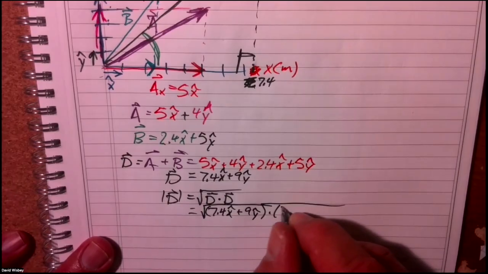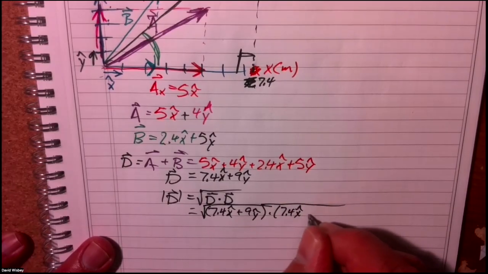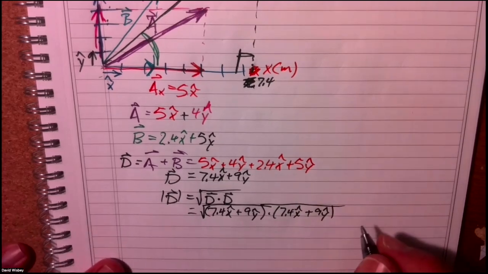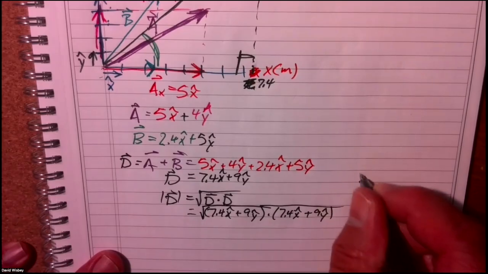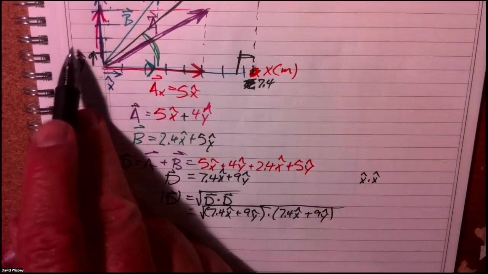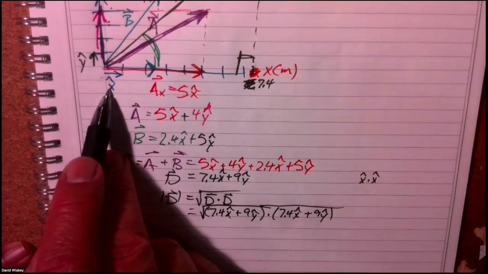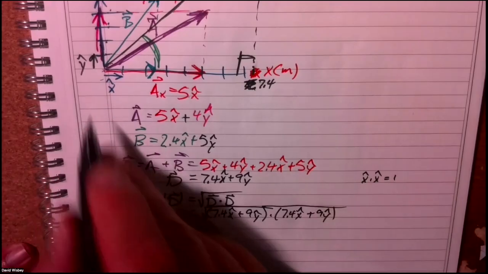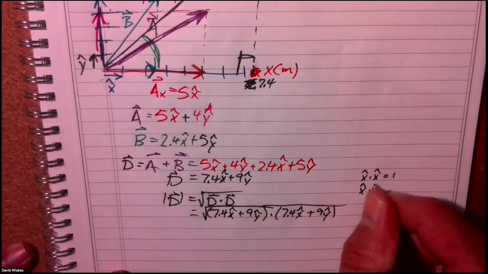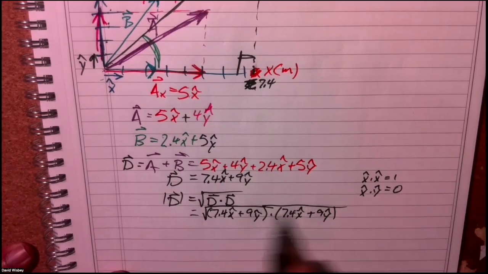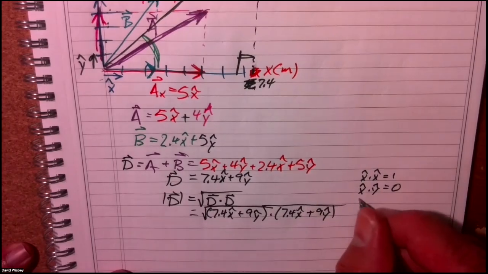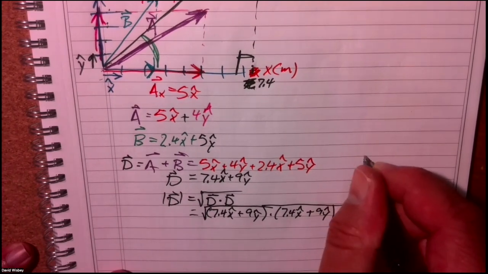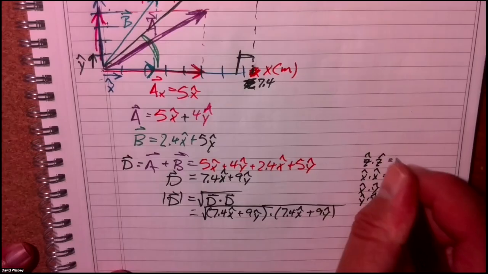When you do the dot product of two vectors, you multiply the x and y components together. And here's the reason why. If you say x hat dot x hat, this equals 1. The magnitude of this is 1. But x hat and y hat are perpendicular, so x dot y equals 0. So all my cross terms just go to 0. And y dot y equals 1. Same thing for z. If I had 3 dimensions, z dot z equals 1.